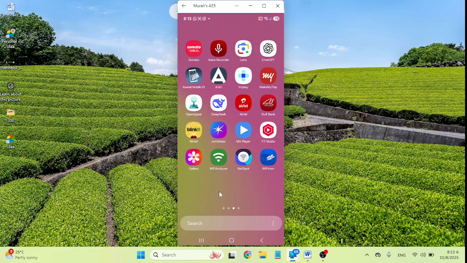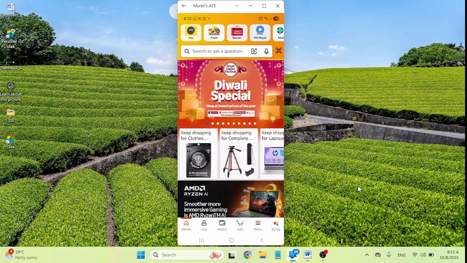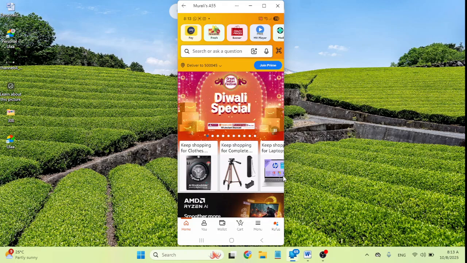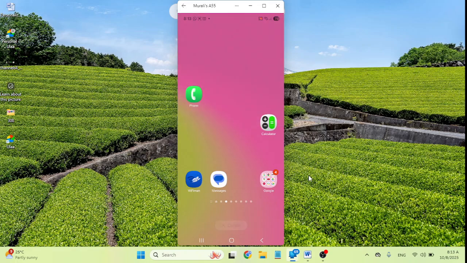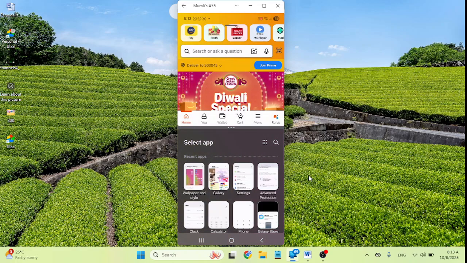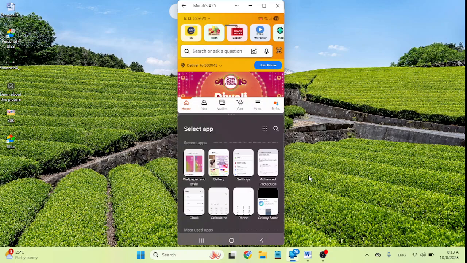Another feature is about split view. Before, in One UI 7 also, the split view is available. But in this one, let me open some apps. Let me open one app. So you can use the split view in this way. You can drag down to open two apps at a time. Before, in One UI 7 also it is available, but in One UI 8 you can completely drag down,